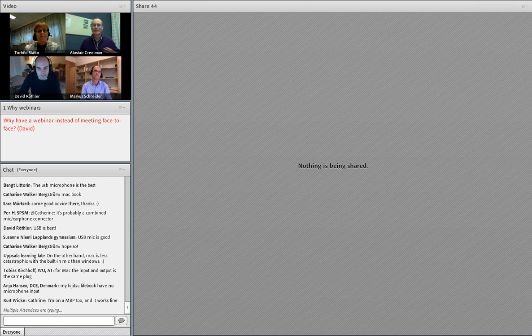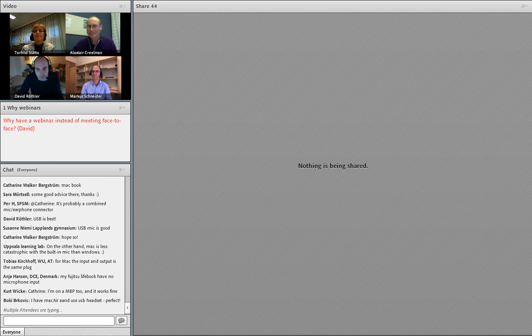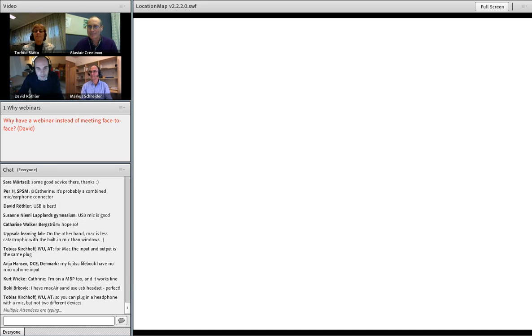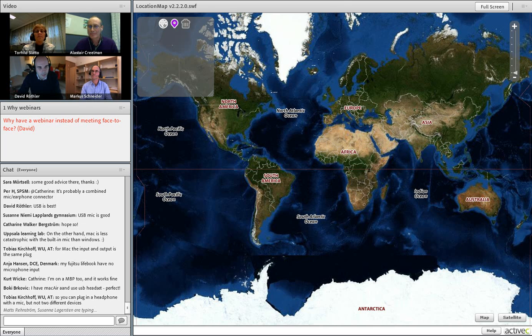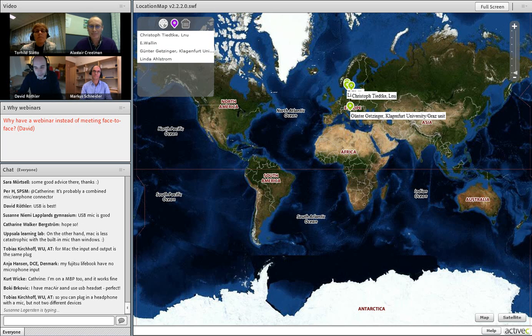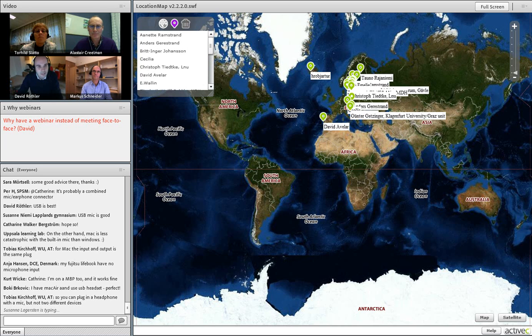Yeah, let us have a look at some interactive experiments. So I have to look for the first one. And this is a location map. So I would like everybody to indicate his or her location. You can drag and drop the lilac pin to your present location, and we will see